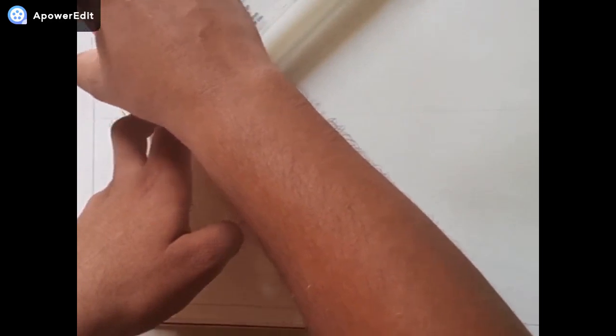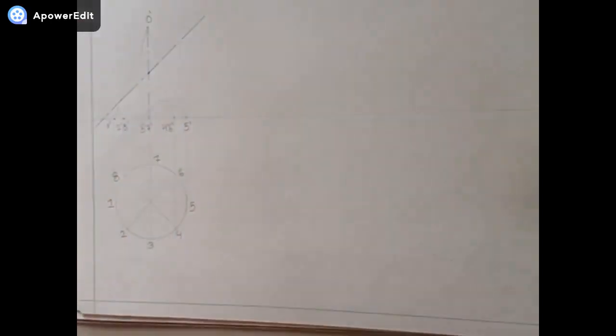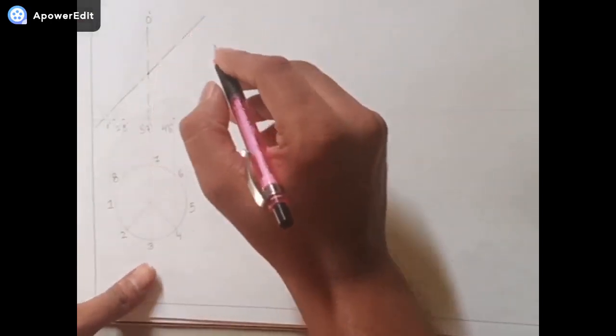I have marked one point already, and I have taken a scale and adjusted the 40 mm in such a way that for both the end generators, the length will be 40 mm, that is this. This is the line which I have drawn. Don't worry, I'll explain the procedure.